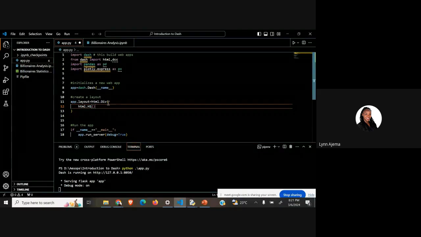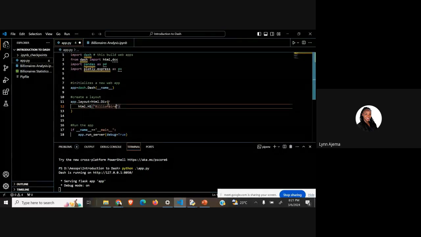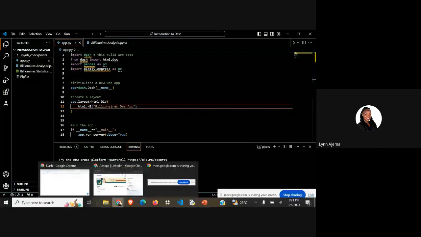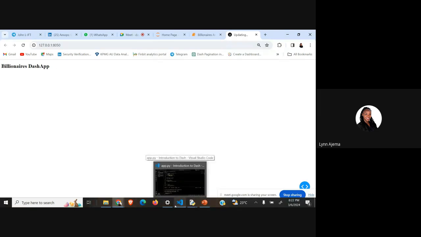Because we are working with the billionaires dashboard, let's just call it billionaires dash up, then save it again, then go back. As you can see, it's now called billionaires dashboard. From here, the easiest way to add your graphs, you need